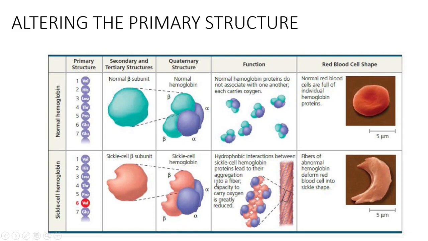So this not only lessens the carrying capacity of the hemoglobin, so it lessens oxygen being carried, but it also changes the shape of the red blood cell, causing it to become sickle shaped, deforming it because of the association of the fibers being produced due to the abnormal sickle cell hemoglobin. So just remember, one change of the amino acid could have a drastic effect on the secondary, tertiary, and also